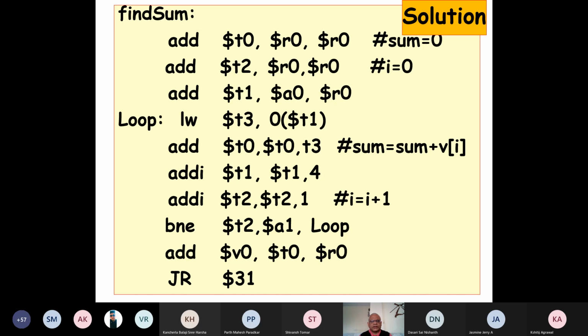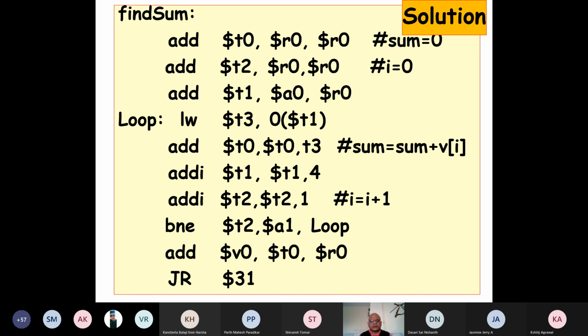T1 now contains the address of the start element. And we load that element into the T3 register. We are careful not to use any saved registers. Otherwise, we'll have to first push the content on the stack. We don't want to do that. We are just using the temporary registers. And we got the first element here.